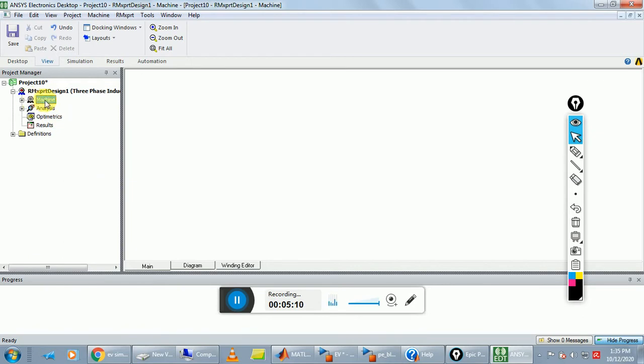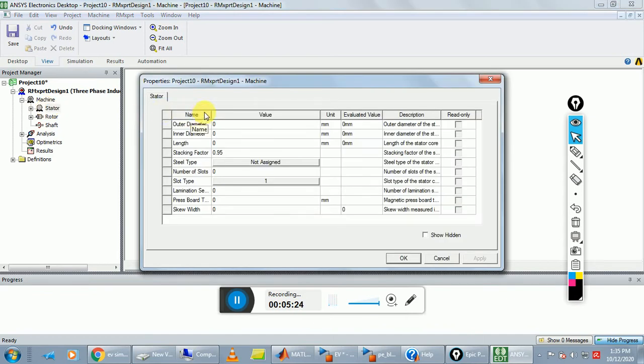After the completion of this step, next step is again go to project manager, explore machine, and double click on stator. Okay, basically in this step we design the three-phase induction motor.